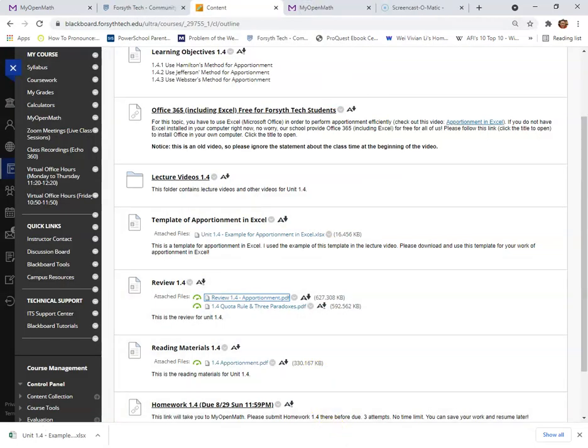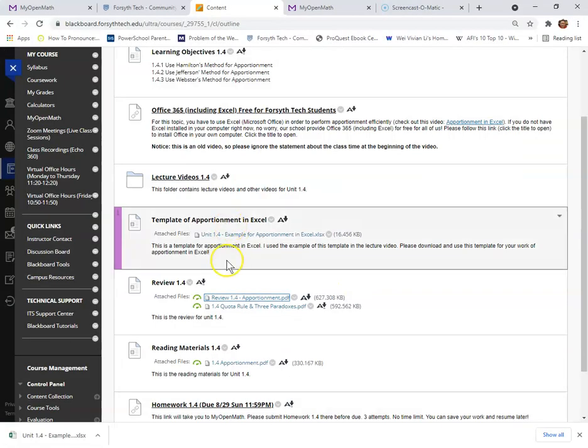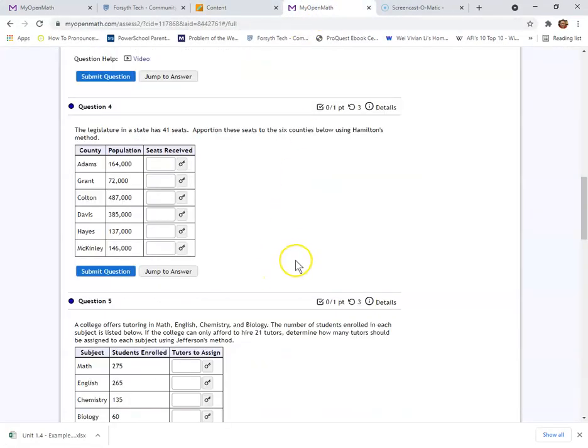The second, you know this file, right? Excel. I did not show you how to use this template to do your own work in MyOpenMath. So now I give you two examples. See, the first